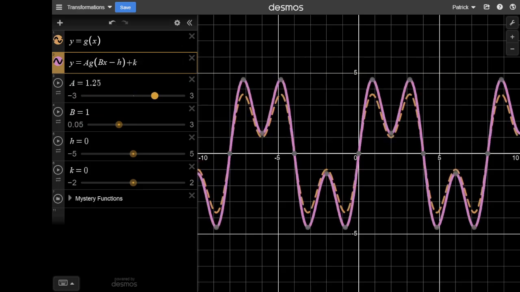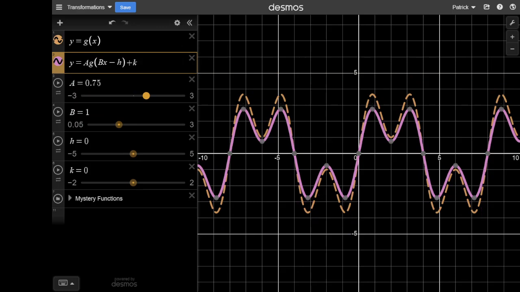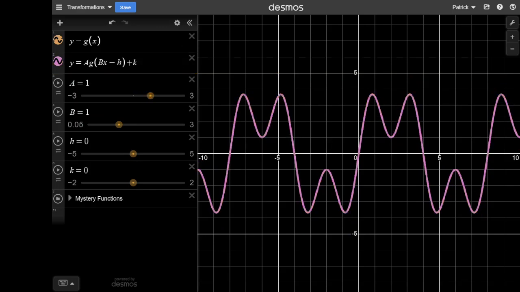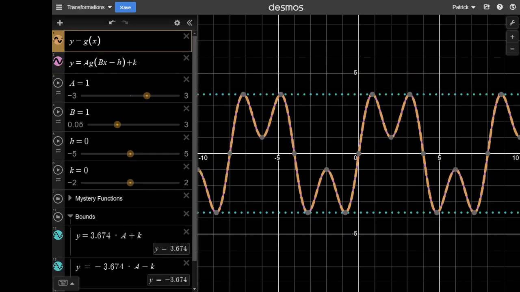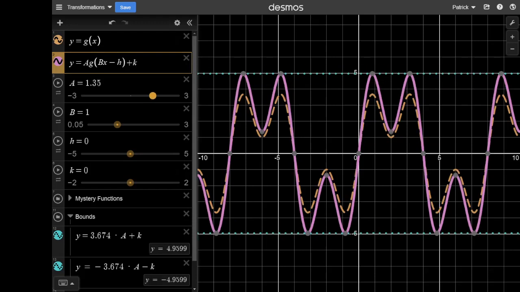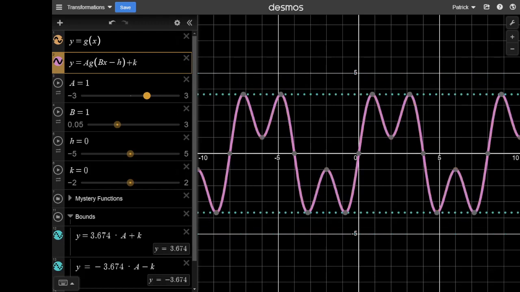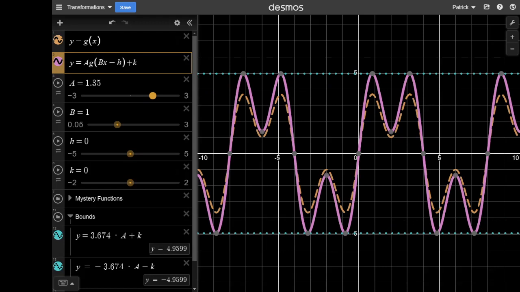There is an upper and lower bound to the graph. And so one of the things we can do is track what happens to that upper and lower bound as we perform our transformations. If we have a value of a, it will stretch and move the upper and lower bounds together. If we change the value of k,